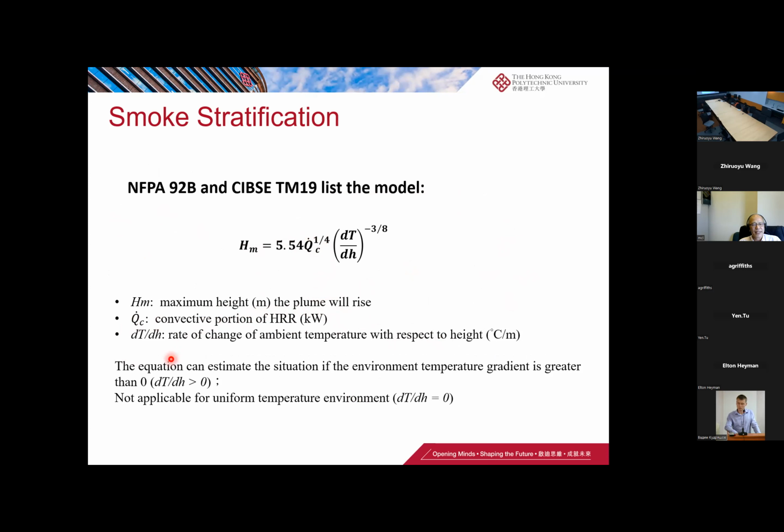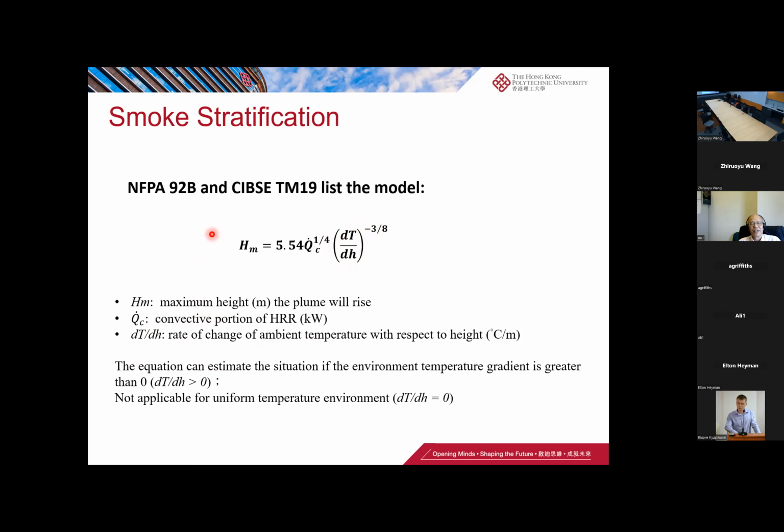And this DT or DH is the temperature gradient. From this model, we can very easily calculate how high the smoke can rise with a positive temperature gradient. However, because the power here is negative, if the temperature gradient becomes 0 there is no solution